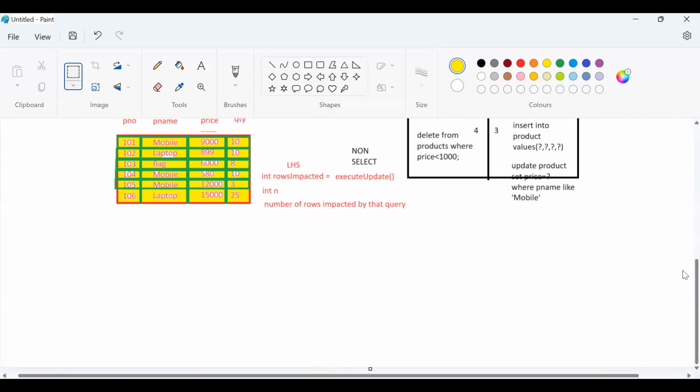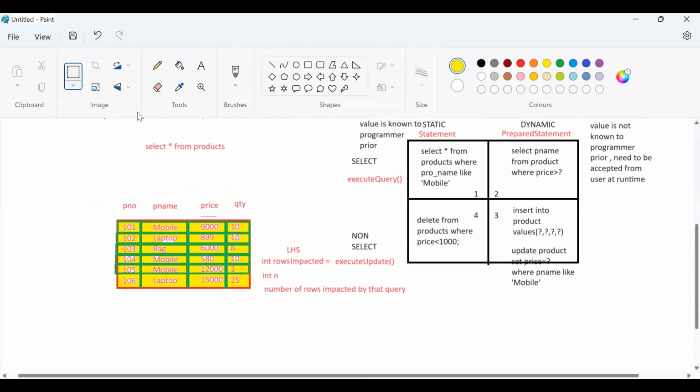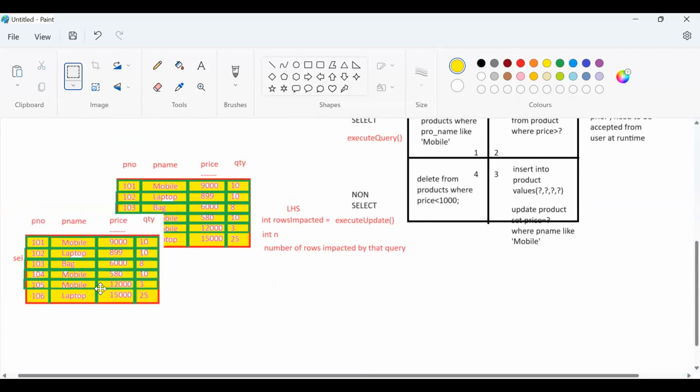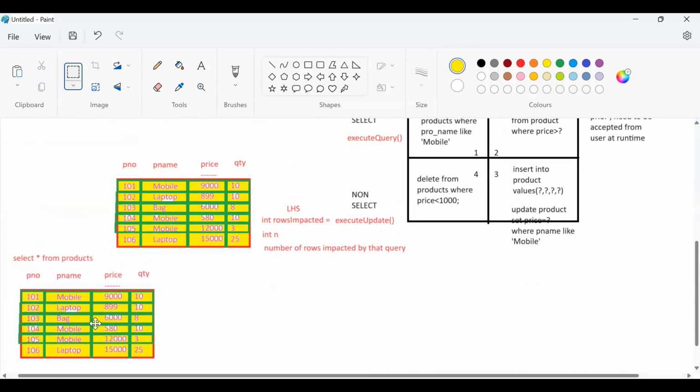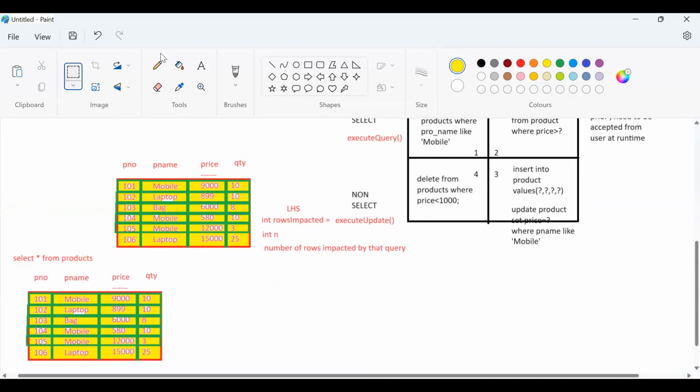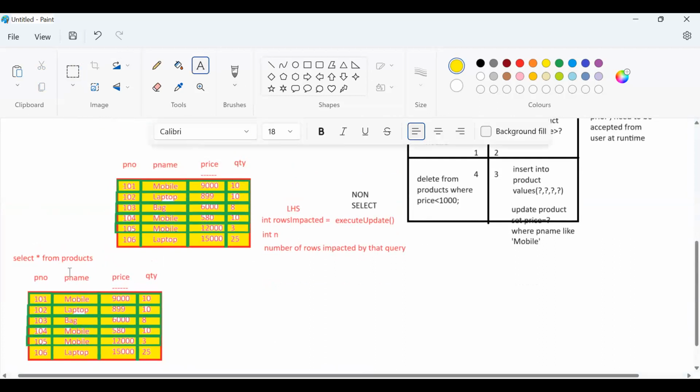Okay. So if this is my master data and I fire this query, what will this query return me? This query will return me the entire table. Yes, no, maybe. Yes, correct, sir. Where will I store this data in my application? I will use a result set to store this. So all this data